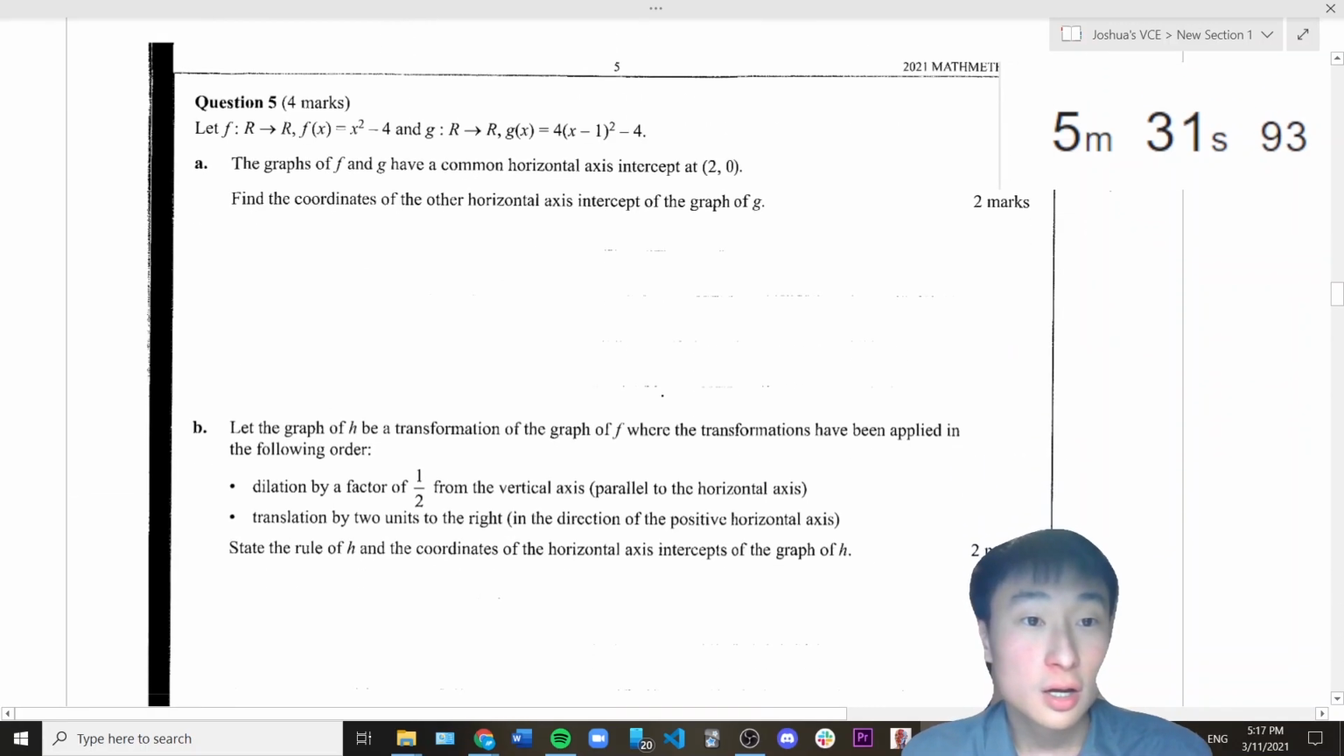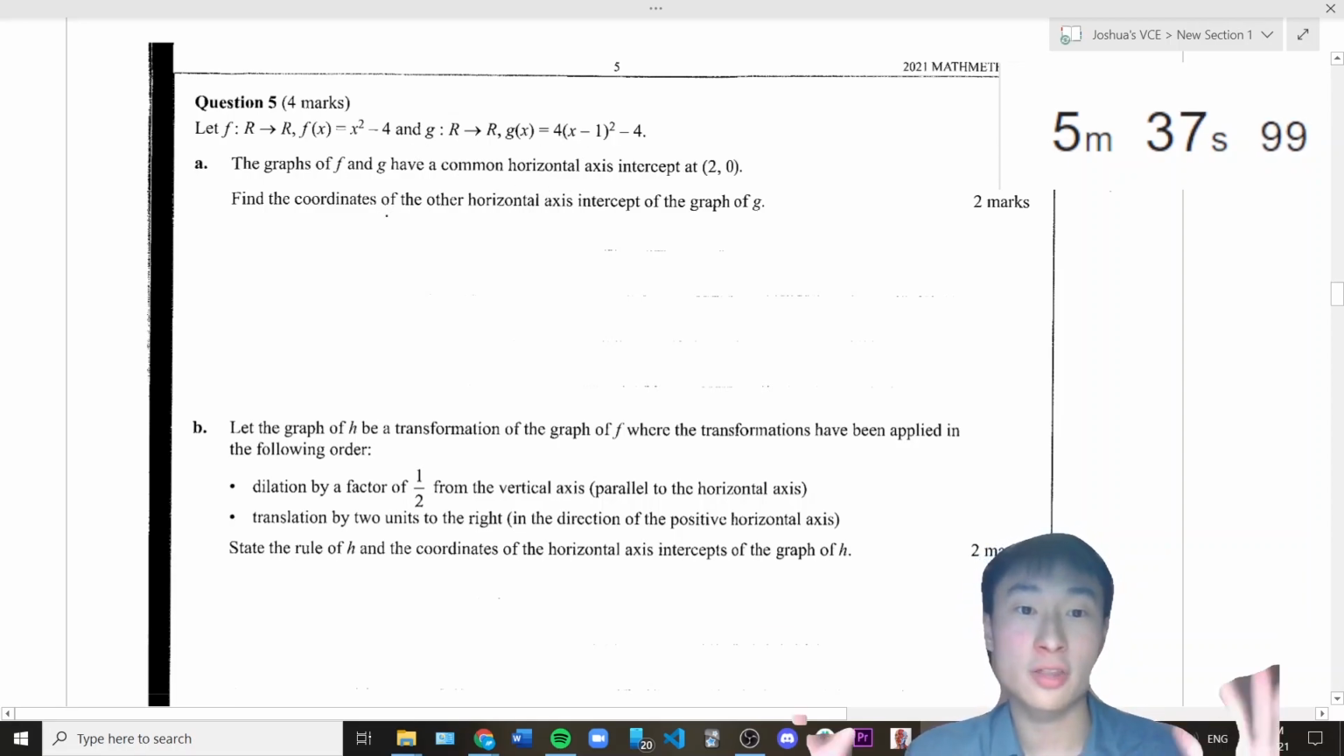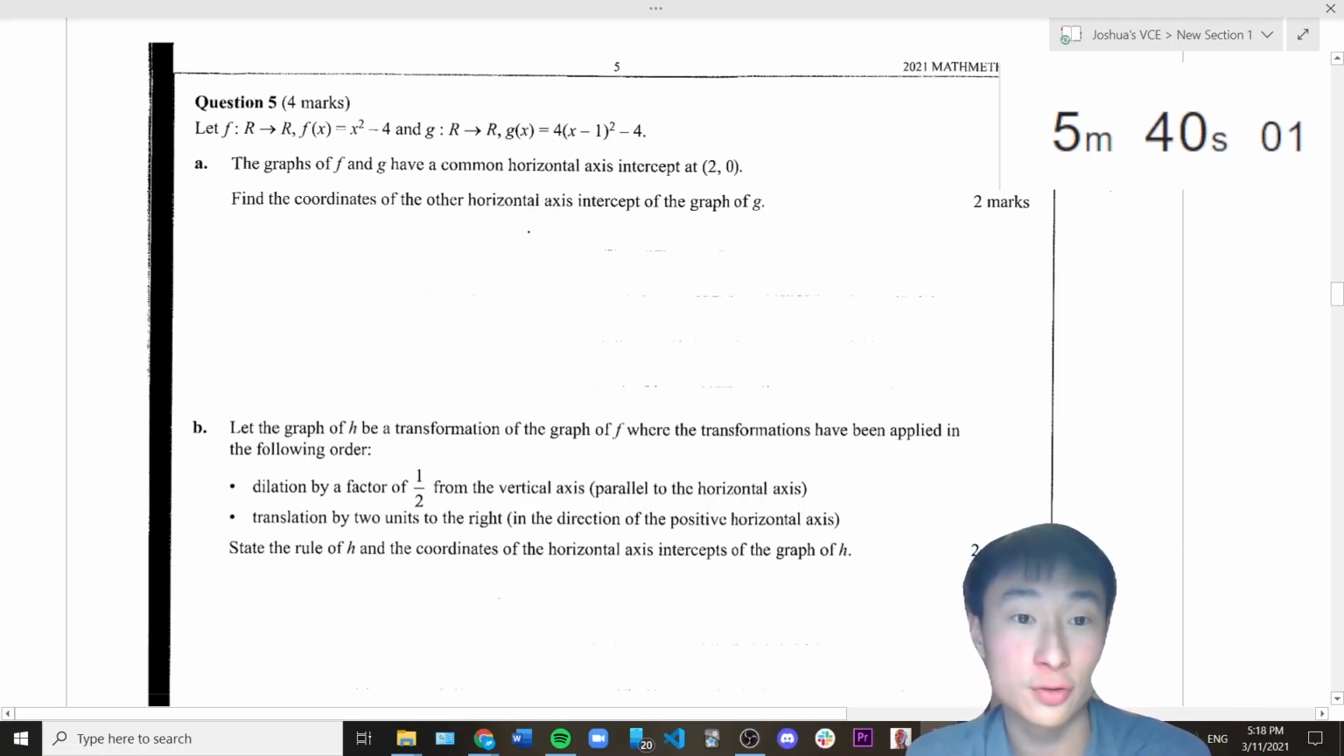Cool. Two graphs here. The graphs have a common horizontal axis intercept. Okay, they're both parabolas. Find the coordinates of the other horizontal axis intercept of the graph of G. Okay, so the turning point of G, actually, I should write this here, the vertex. The vertex of G is 1,